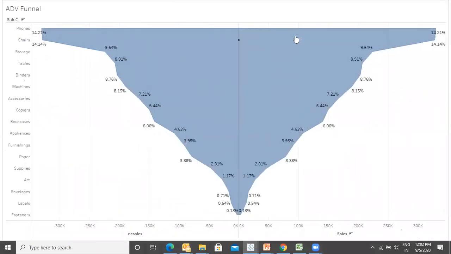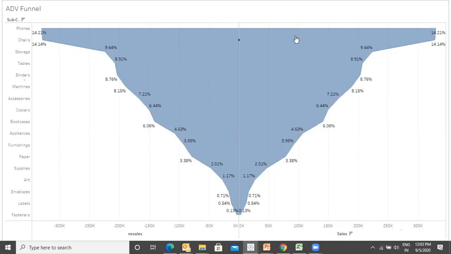See, if I want to explain this chart, I will say that with this chart we can make out that the phones and the chairs are the two subcategories which have contributed the most to the entire revenue we have generated. The minimum contribution has been given by fasteners, labels, and envelopes.